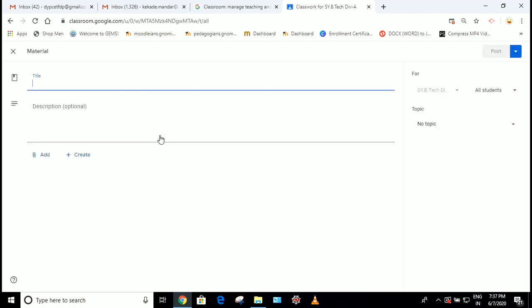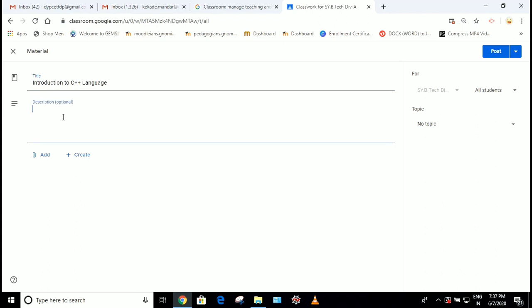Once you click on material, you can see you have to give the title name for the material and the description of the material, which is the optional part. Now I am going to give the title Introduction to C++ language.